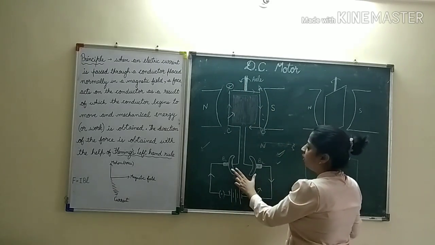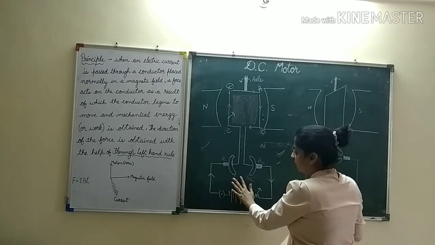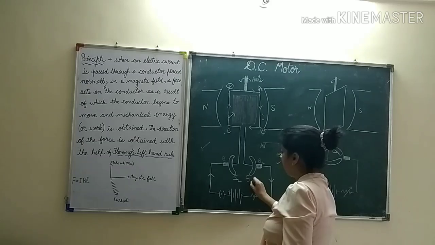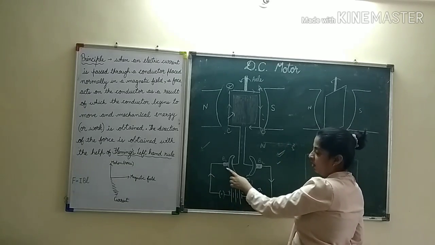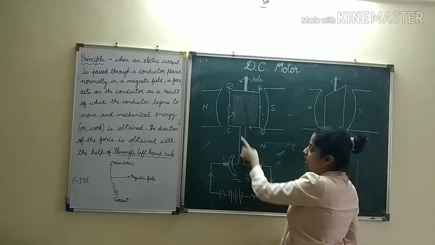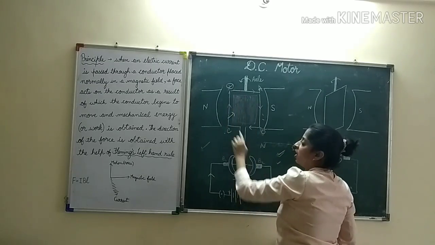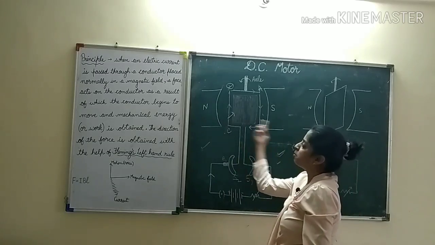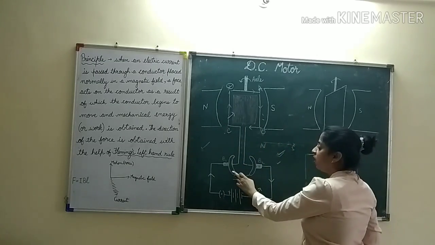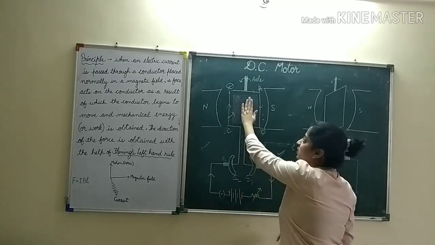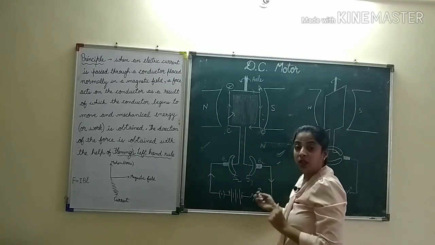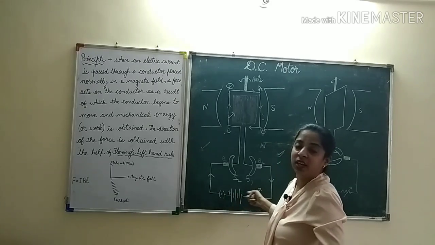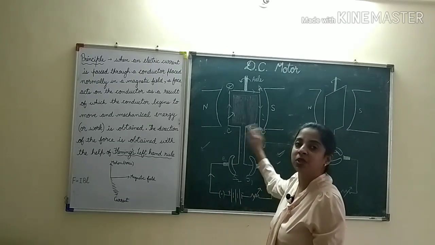Now again the contact is established. Now this is S2, right, slip ring 2, and this is slip ring 1. Now again through the brush 1, the current goes through slip ring 2 and it goes to CD in the same direction. Therefore this goes again inside and this part comes outside and it keeps on rotating in the same direction. So here the role of the commutator is, when it is at this vertical position, the current has to be reversed. So the split ring here acts as a commutator and helps us to reverse the current.